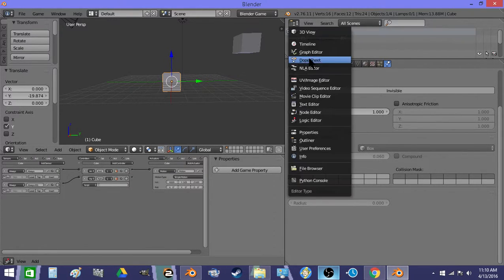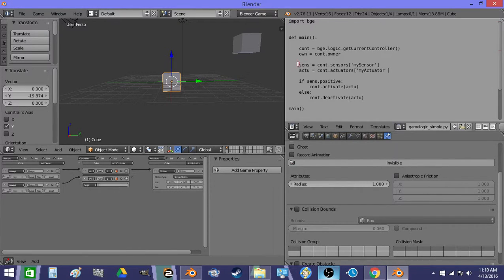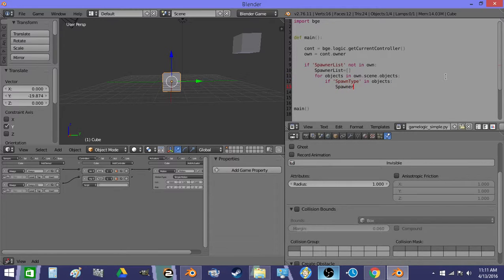And we'll open up a text editor here. If spawner list not in own, for objects in scene in own.scene.objects, if spawn type in objects, spawner list append objects, else